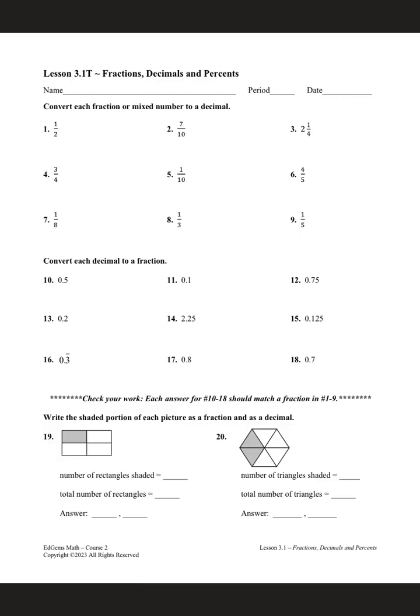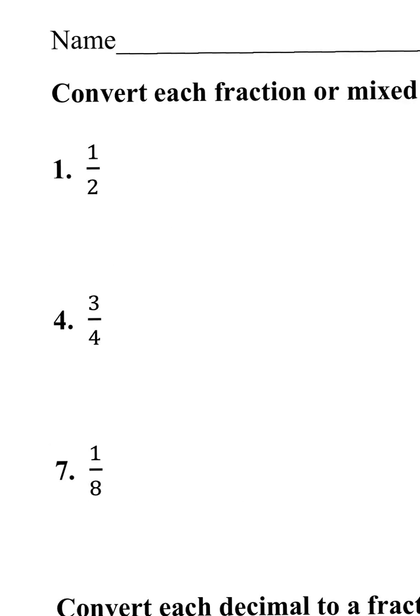Okay, numbers 1 through 9. The instructions are convert each fraction or mixed number to a decimal. All right, here we go with number 1. One of the simplest ways you can take a fraction or mixed number and convert it to a decimal is to take the numerator and divide it by the denominator. So to take 1/2 and change it to a decimal,